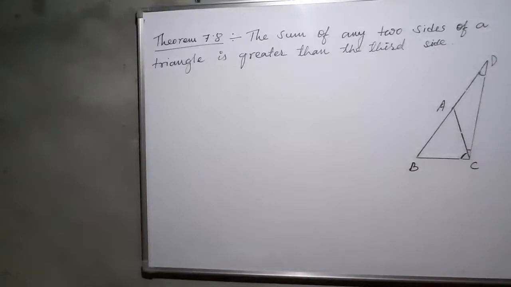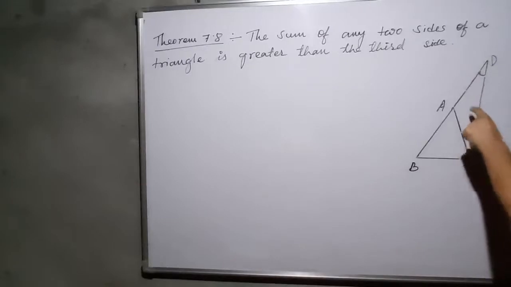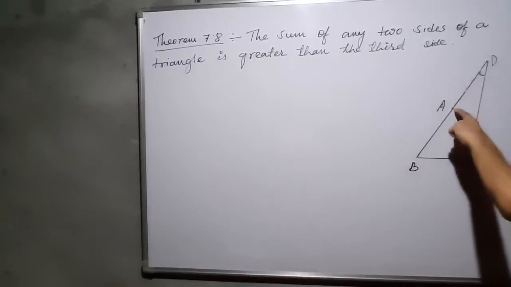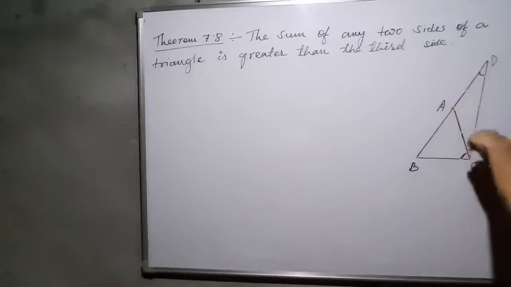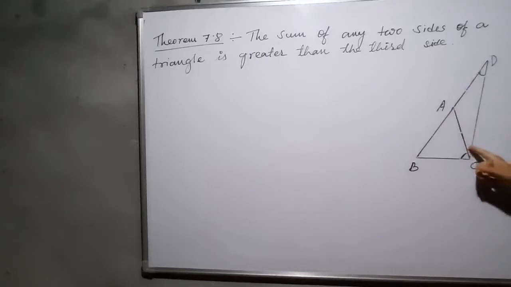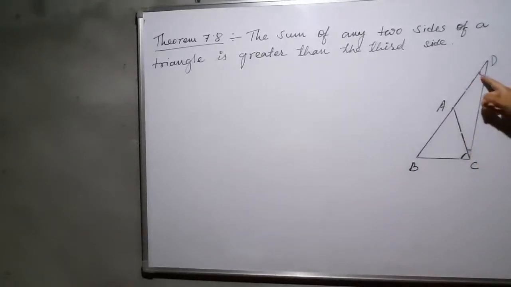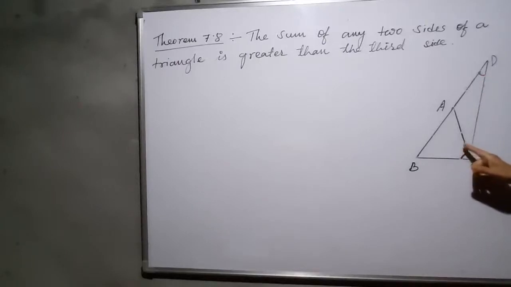Now in this triangle ACD, since this side and this side are equal, it is an isosceles triangle. That's why angles ACD and ADC of this triangle are equal, as angles opposite to equal sides. Since these two sides are equal, these two angles are also equal. So ACD is equal to ADC. Now we have got that in this triangle this angle is equal to this angle. Now I will add this angle, that means ACB, here.